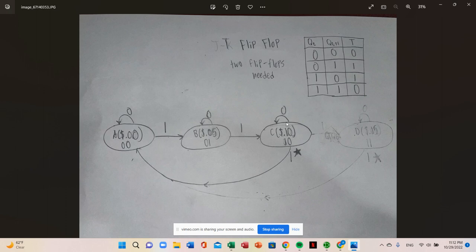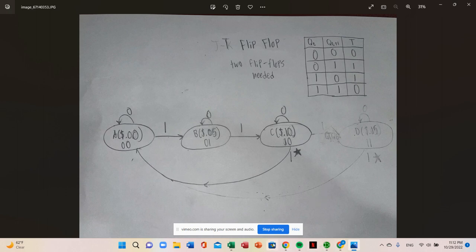It's only going to be three states: 00, 01, and 10. 0 cents, 5 cents, 10 cents, and then it should revert back to zero when it hits 15 cents, which is what deposits the gumball. And so after this, we're going to be